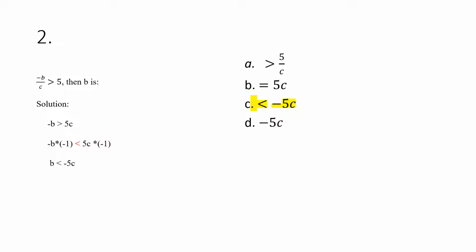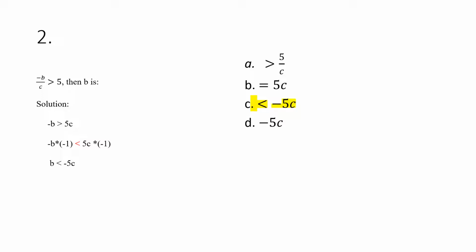To have an expression for b itself, we need to multiply both sides of the inequality by -1. Multiplying the inequality by -1 will shift the inequality from a greater than to a less than. Therefore, we have -b times -1 is less than 5c times -1,